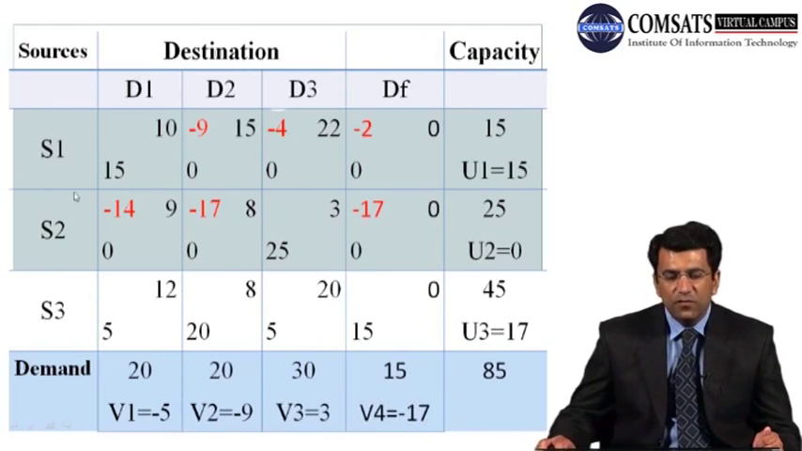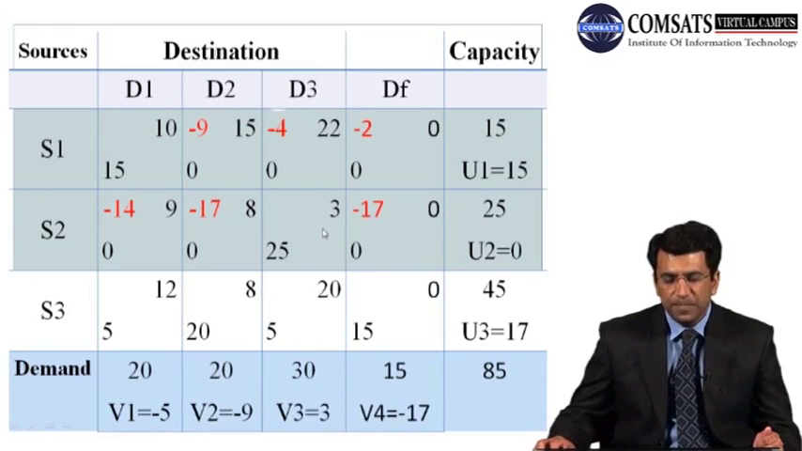then what we are actually doing is supplying 15 units of products from source S1 to destination D1. So the total cost for this particular route, that is from S1 to D1, will be equal to 15 multiplied by 10, where 10 is the unit cost. Similarly, if we supply 25 units from source S2 to destination D3, then our total cost for this particular route, that is from S2 to D3, will be equal to 25 multiplied